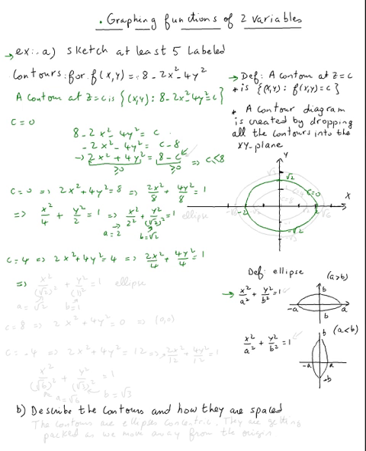Again, reduce 2 over 4, we'll get x squared over 2, but 2 is the same thing as square root of 2 squared, plus 4 over 4 is just 1, and 1 is just 1 squared, equals 1. So it's another ellipse. My a is square root of 2, my b is 1. So square root of 2